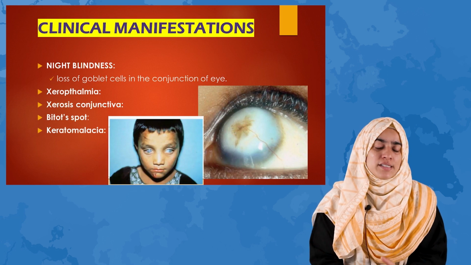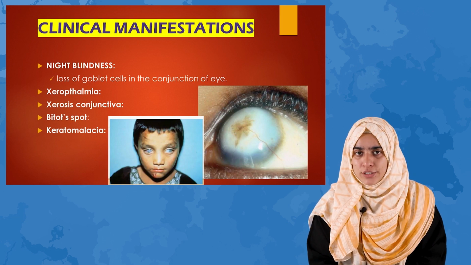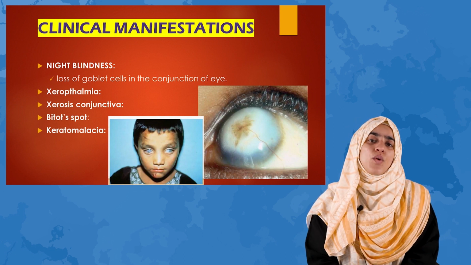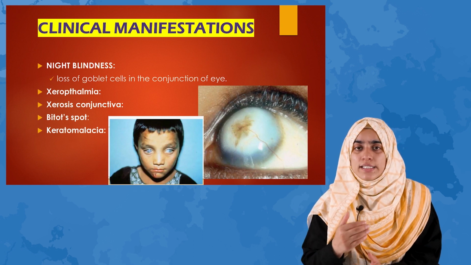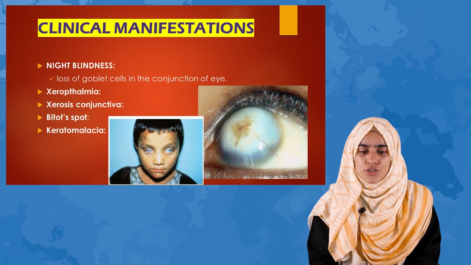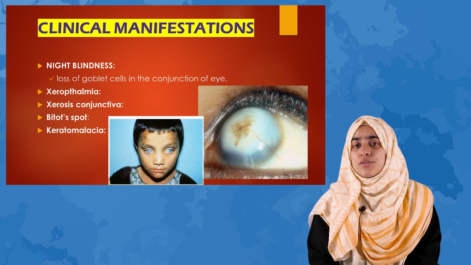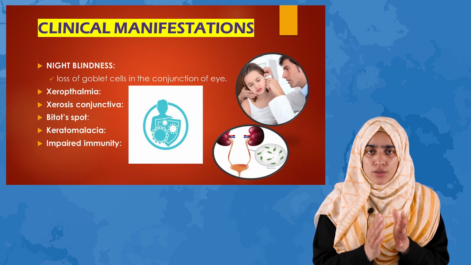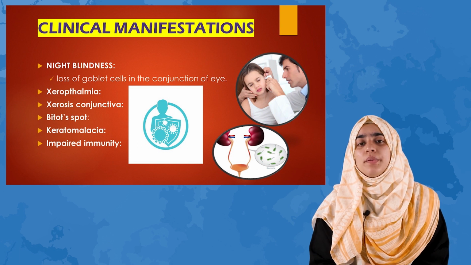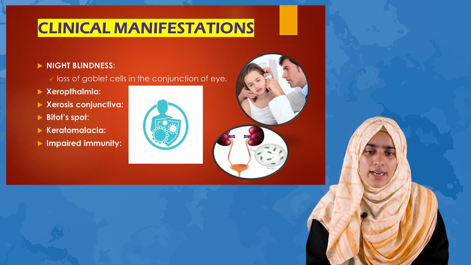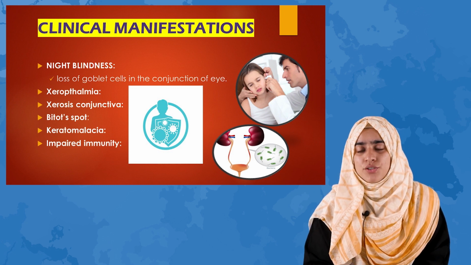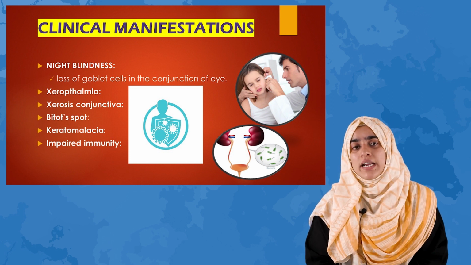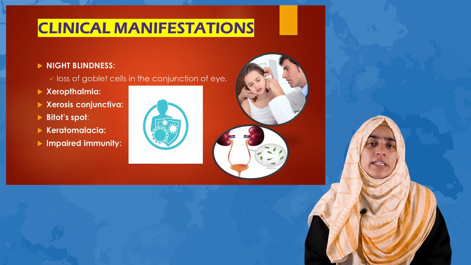The next condition under these manifestations is keratomalacia. When this xerosis of the conjunctiva and cornea is left untreated, it leads to the development of keratomalacia, and it's the corneal epithelium which becomes opaque and ulcerated. And obviously, when there is a deficiency of this vitamin, there will be impaired immunity in the child, and the risk of infection increases, especially